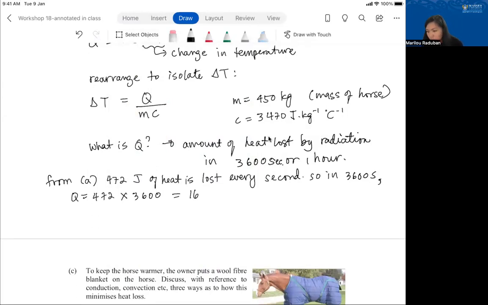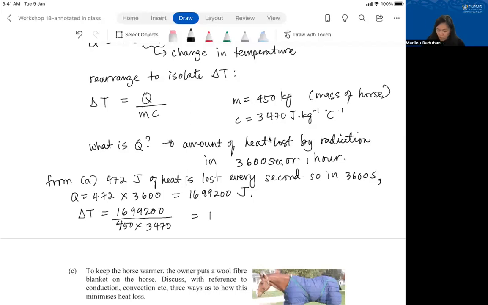you'll have 1,699,200 joules that is lost in 3,600 seconds, or 1 hour. Okay, once you have the total amount of heat lost in 1 hour, you can now calculate the change in temperature. So the heat lost in 1 hour, 1,699,200, divided by the mass, 450, times the specific heat, 3470, gives you a change of